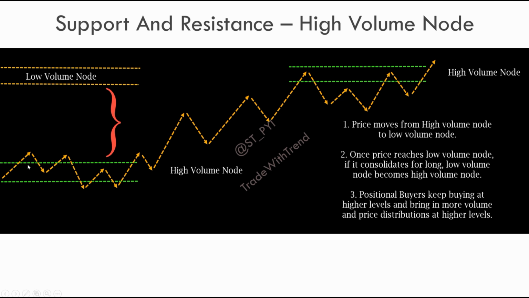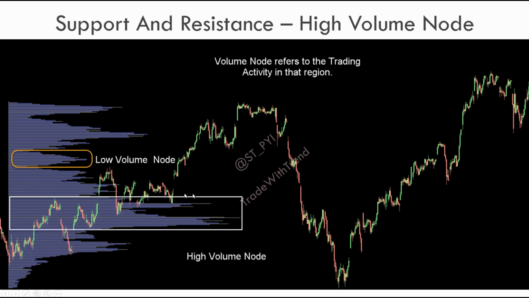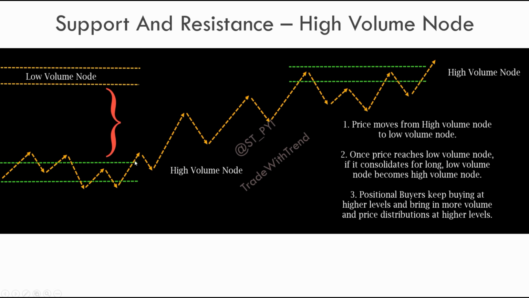So what we have is that we form a typical region. A lot of price rotation happens here, a lot of exchange between buyers and sellers. So naturally the volume that forms is pretty high. I'll just show you how it looks. So this is the high volume node where a lot of volume is formed. And then finally price breaks out and it quickly moves to the low volume node. Why does it quickly move? Because in this region there is not much volume present, not much trading activity has happened, which is why you won't find many sellers in this region, and price moves to the low volume node.